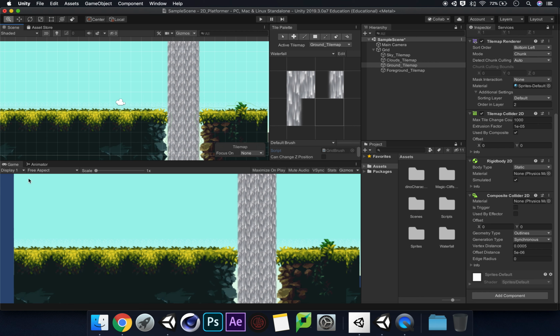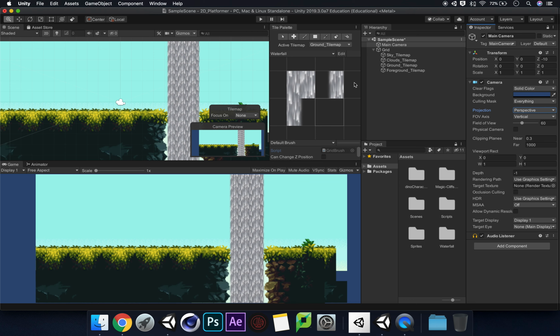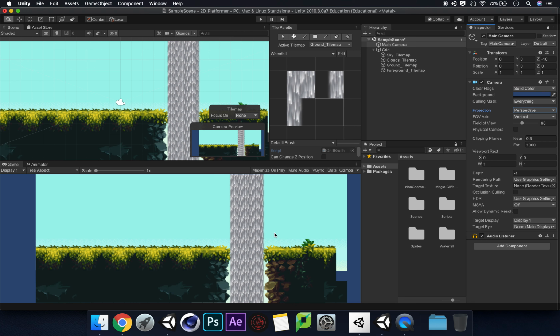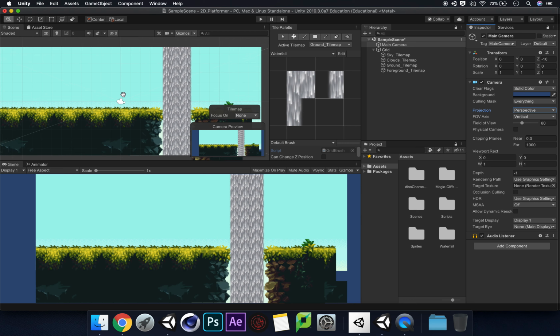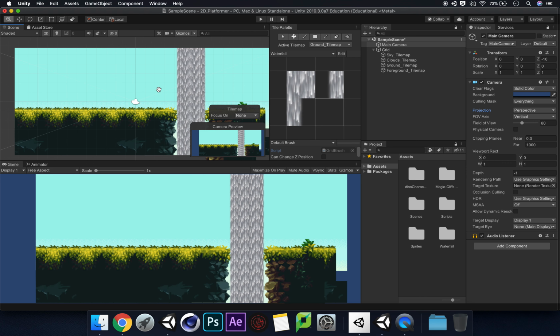So what we need to do with that is look at our main camera, and look at what our camera is doing at the moment. At the moment our projection is orthographic. If we change this to perspective, we can see, did that even change anything? Kind of within our view, didn't it? There we go, it kind of pushed out our view a little bit. I've quite a fair bit zoomed in. So with our perspective view,